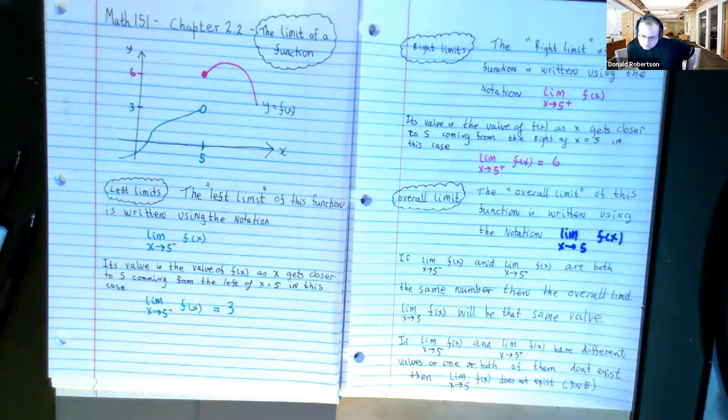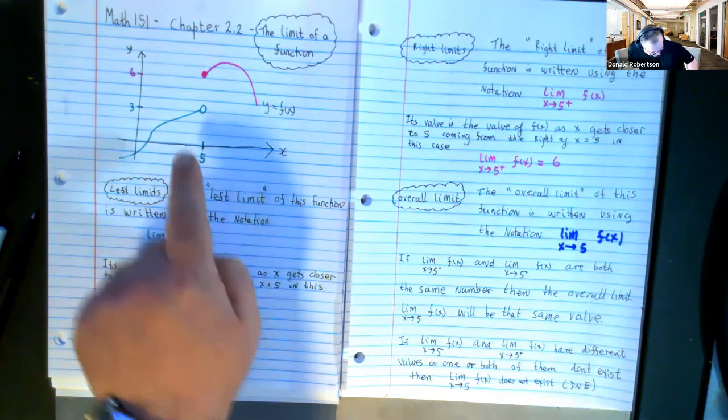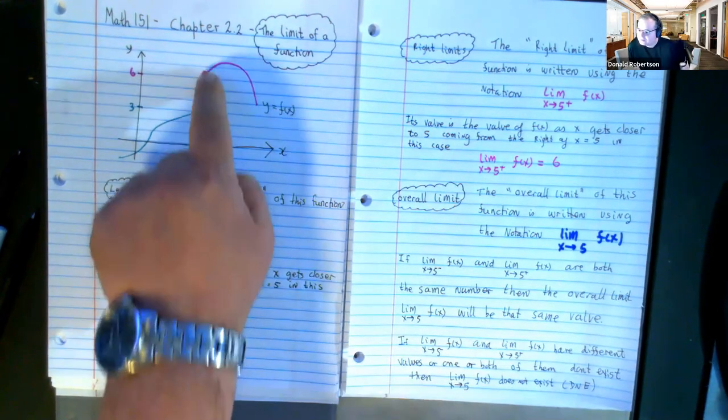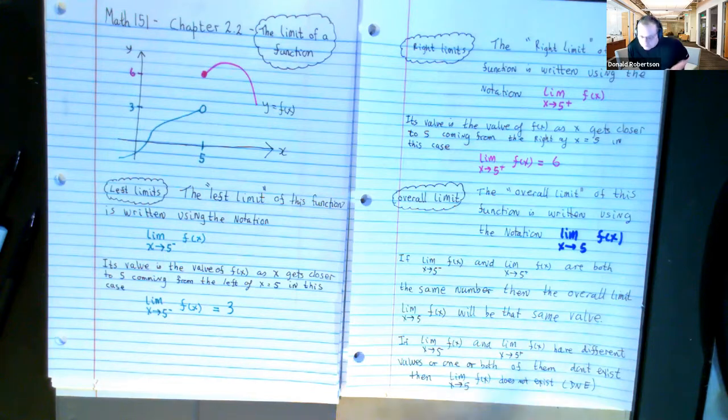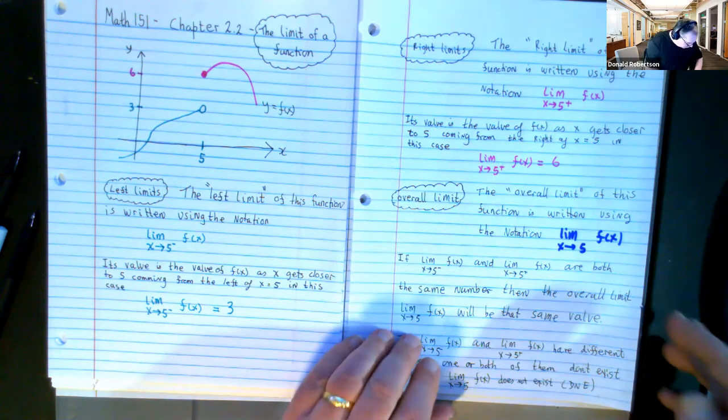Okay, what could go wrong? Well, the left limit and the right limit, like in this example, couldn't they be pointing at different values? If that happens, the overall limit does not exist. Also, the overall limit does not exist if the left limit or the right limit themselves don't exist. Now you might say, how on earth can a left limit not exist? Well,